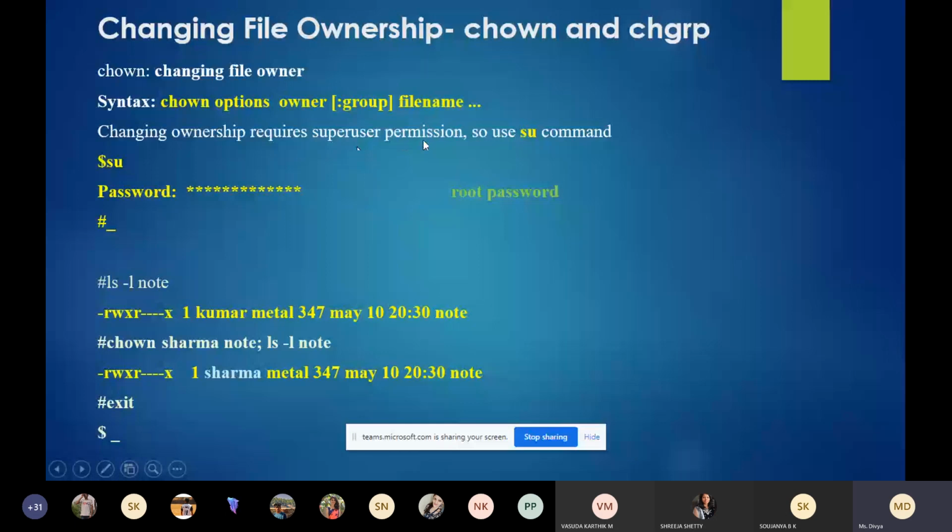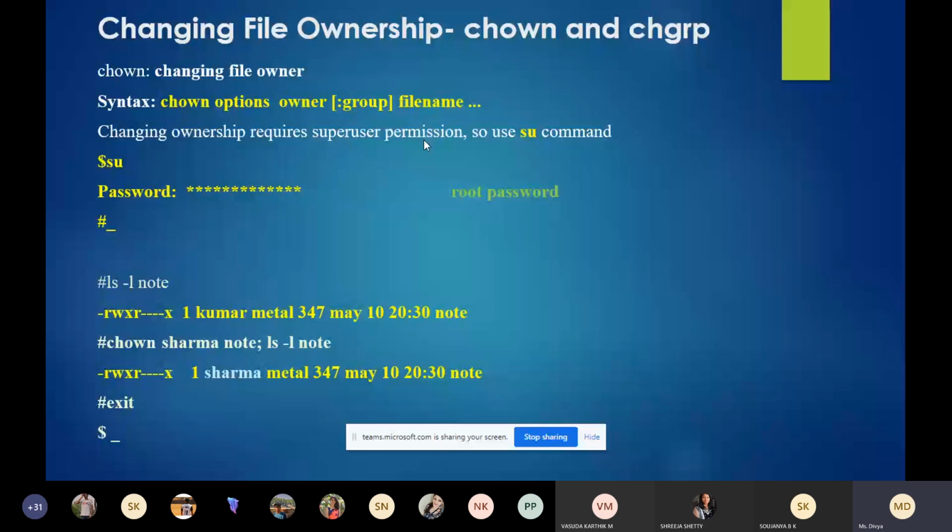How do you get super user permission? What is the command that is used to get the root or super user permission? We have studied in the previous module, right? There is a command to enter the super user mode or root. What is the command to enter into the root permission?